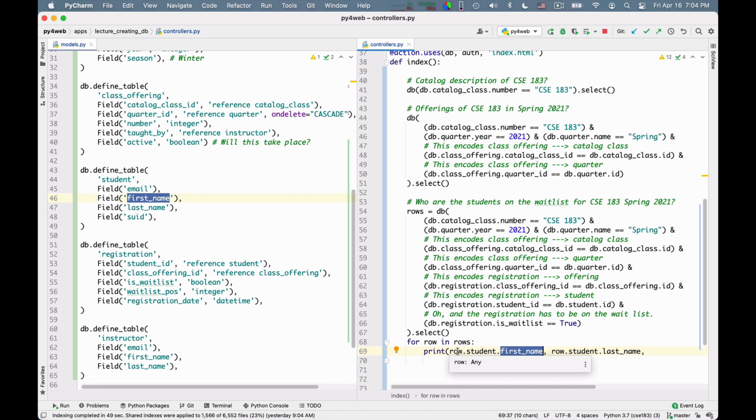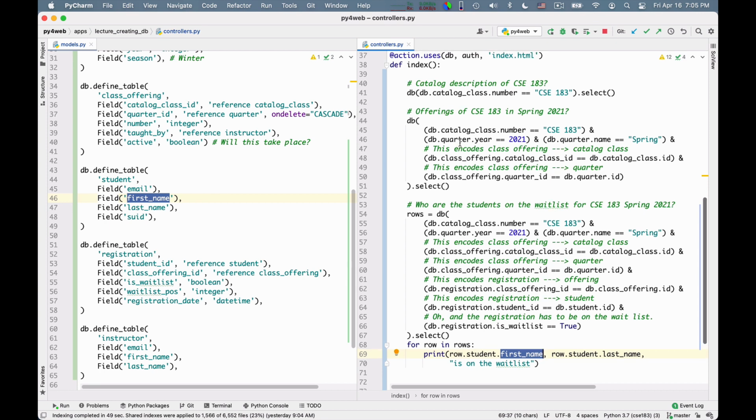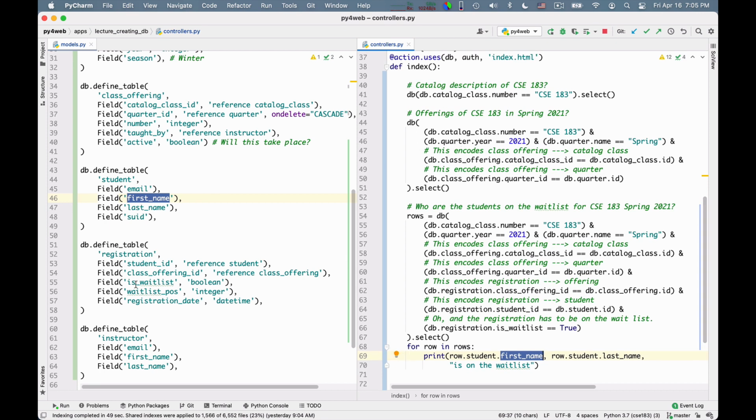In this case, row.student.firstname. Normally if you talk about only one table, you can just say row.firstname if your query involves only one table, because there is no ambiguity. But in any case in which your query involves multiple tables, you need to use this fully qualified access. So this gives you an example of how to do queries on multiple tables.